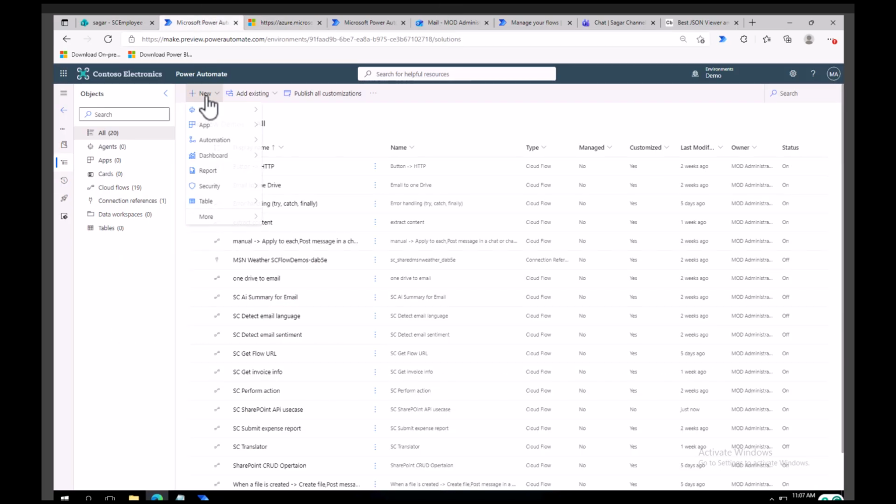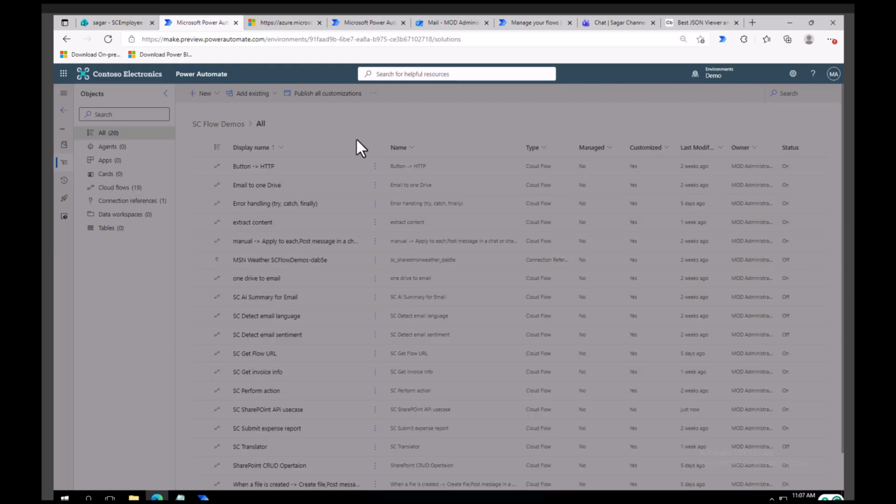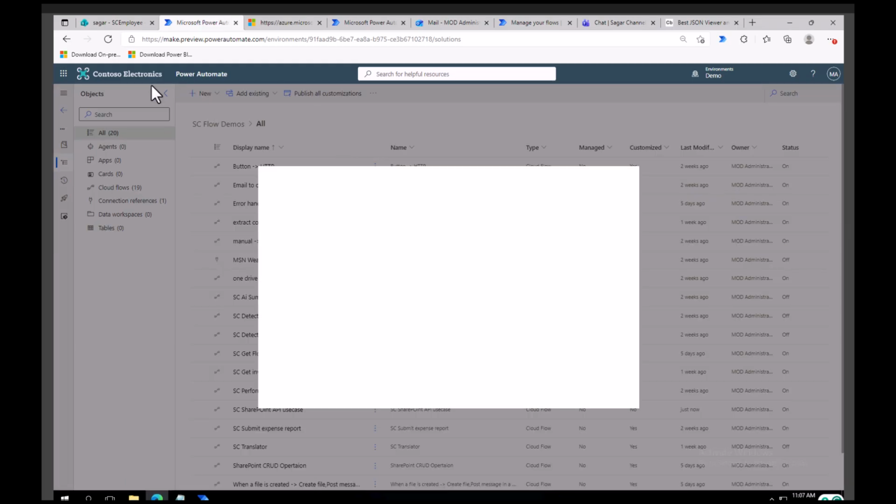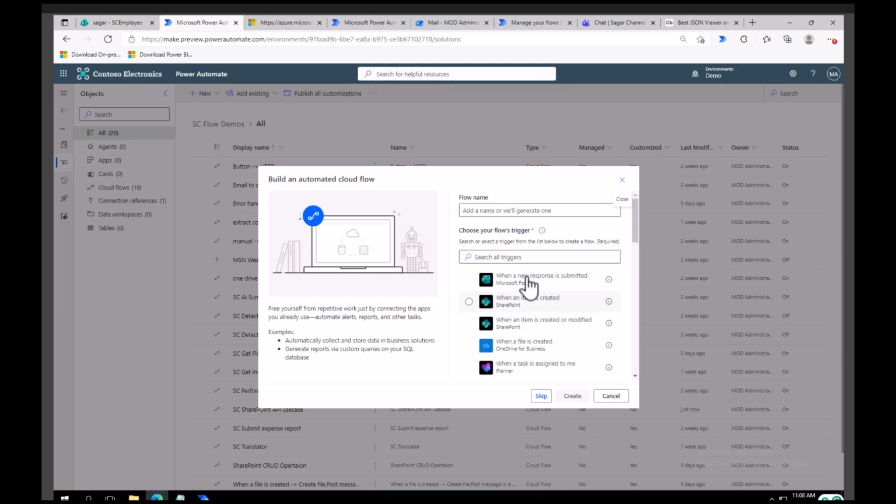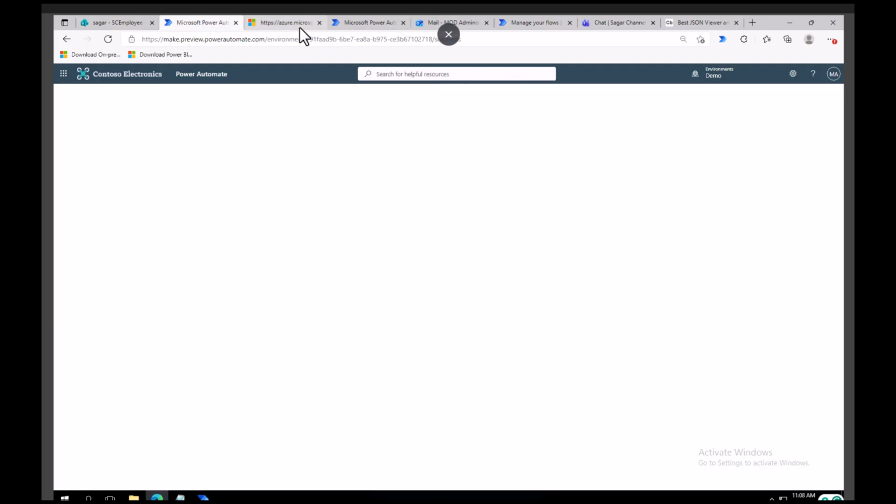Okay, so let me go here and create my flow. I will create the flow, then you will understand by the end of this video what we're trying to do here. So first, I will select my automated flow. Okay, and here I can search for RSS. Alright, so here you see, when a new feed item is published. Okay, for example,